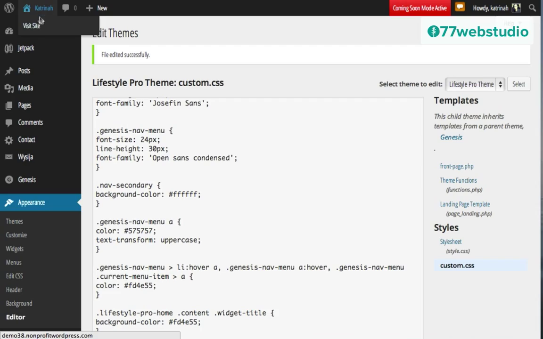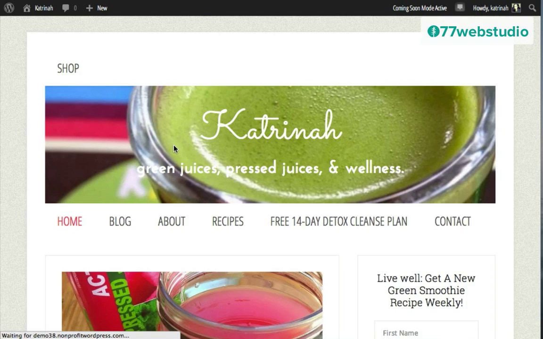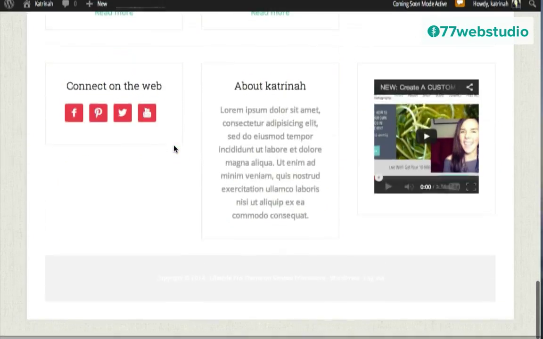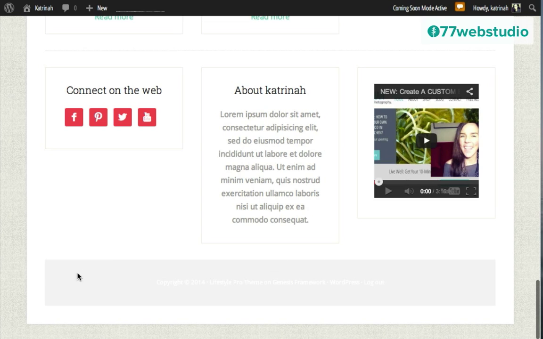Now going up to the site, I'm going to click on Visit Site. Then scrolling down to the bottom, here we see the really neutral gray footer with the words right here. Now note that we can't really see this because all the different font colors are white on gray. It's really hard to read.